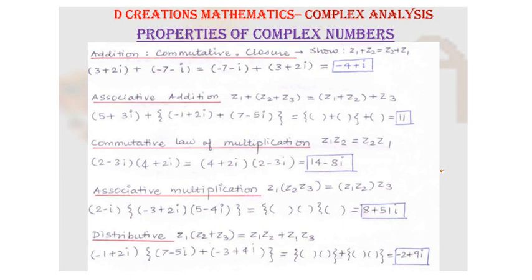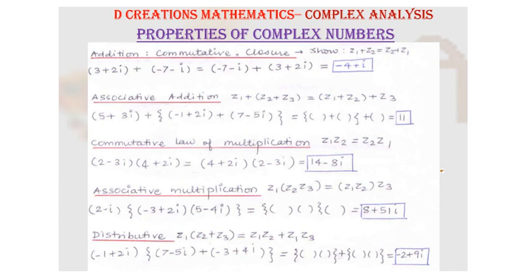So for example, here if you take two complex numbers minus 3 plus 2i into 5 minus 4i, and to this product if you multiply with 2 minus i, the answer will be 8 plus 51i. Even if you first combine 2 minus i and minus 3 plus 2i, and to that product if you multiply 5 minus 4i, you will realize that you get the same answer. What you can do is you can pause the video, try to calculate it yourself and just verify it.